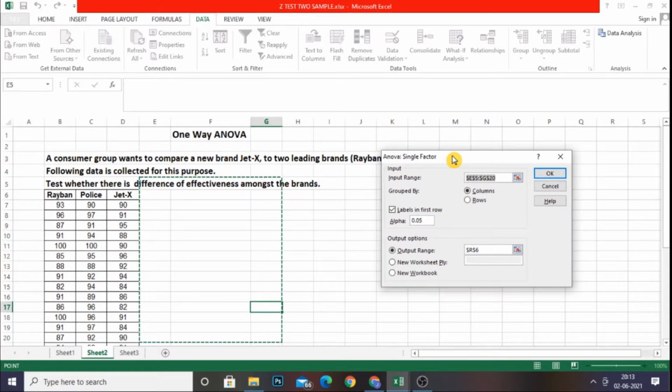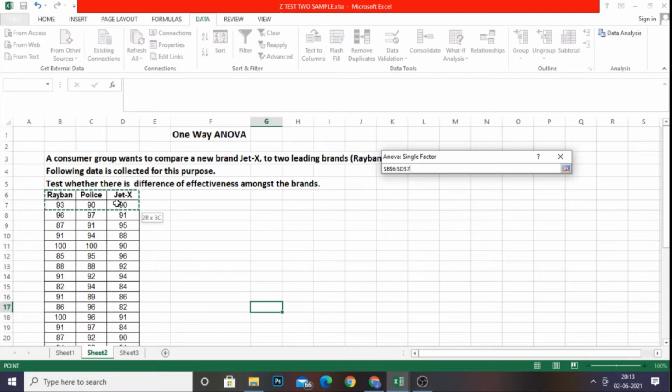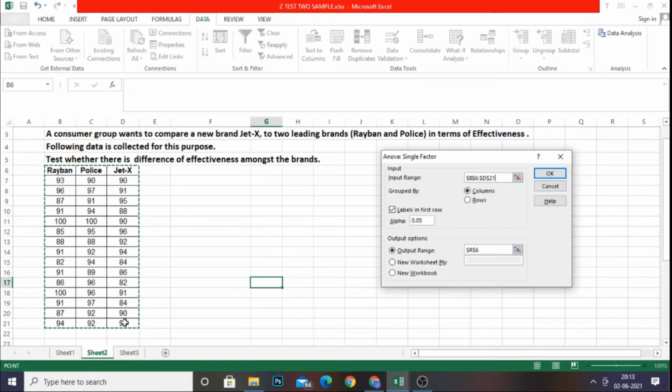You will get a Single Factor window where we are going to give the input range for data analysis. I'm just going to select all the data as in the problem for the input range. Then grouped by column. Since it is column-wise, I'm making it columns.